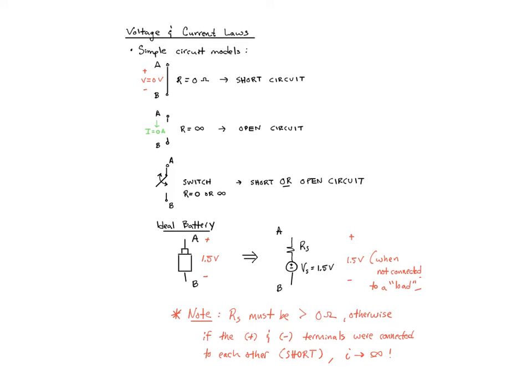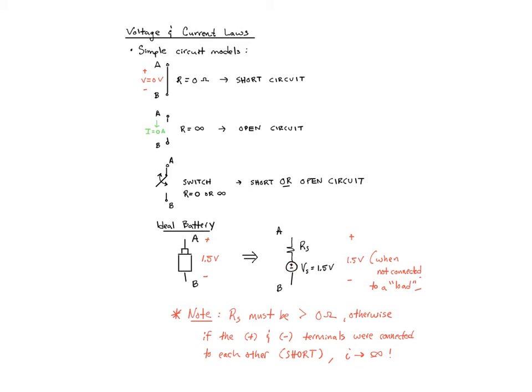And another useful circuit model is an ideal battery. So I might draw it like this to indicate a battery. This is not really a circuit drawing, but before we get to the model drawing, I can just draw it like a physical battery between A and B. And in this case, I'm just defining that as, for example, having some potential across that. In this case, being 1.5 volts. It can be anything. But to model that in a circuit schematic, we often model that as an ideal voltage source. So in this case, defined as Vs as being the 1.5 volts, but also